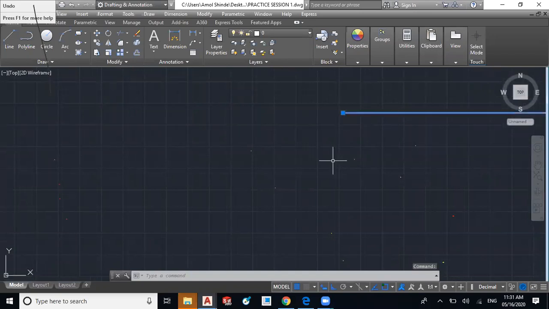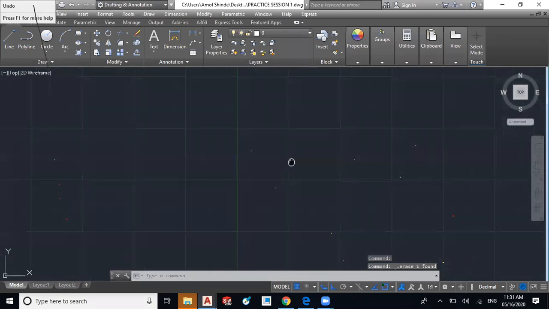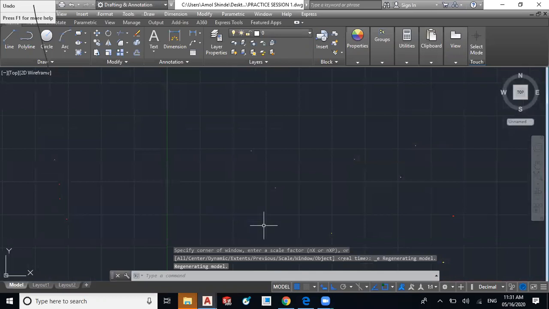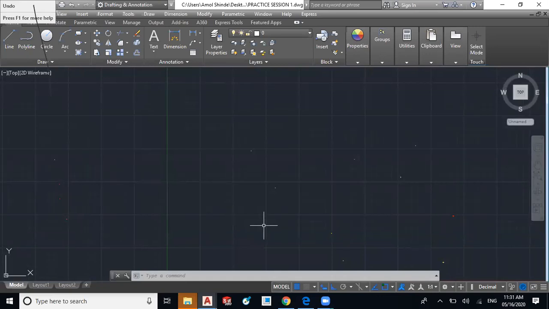This is the use of limits. Just double click on the scroll and whatever area we have specified, that will be on the screen. That is the only use. You can draw outside that limit as well. And at the time of printing you will get the benefits of the limits.